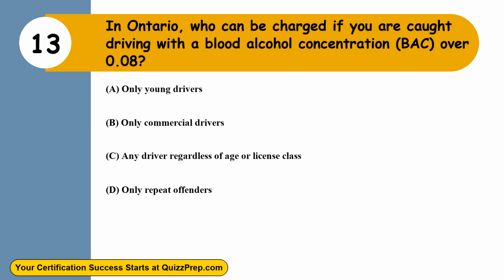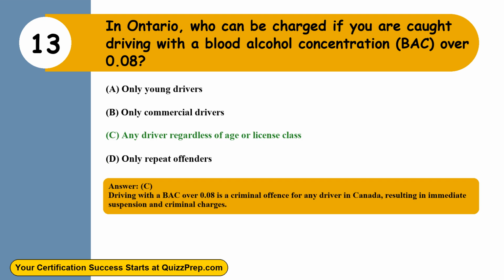Question 13. In Ontario, who can be charged if you are caught driving with a blood alcohol concentration, BAC, over 0.08? Option A, only young drivers. Option B, only commercial drivers. Option C, any driver regardless of age or license class. Option D, only repeat offenders. The correct answer is option C, any driver regardless of age or license class. Driving with a BAC over 0.08 is a criminal offense for any driver in Canada, resulting in immediate suspension and